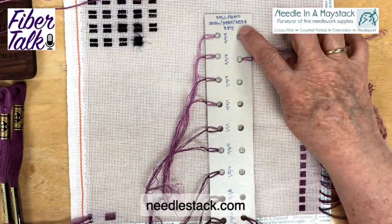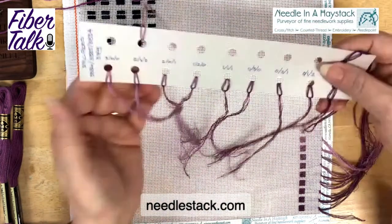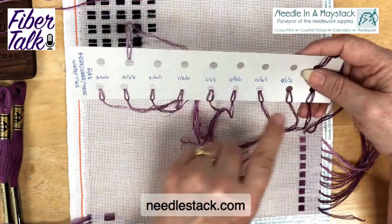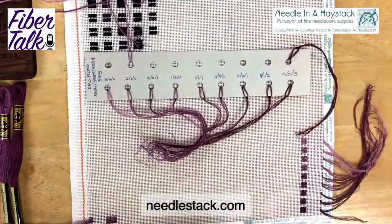So that's one of the reasons why I always write down what the thread is that I'm doing this with and how many strands, so that when I go back to this later, maybe I used most of them, but I still have 3 of them on here. I can go, oh, I kind of like that. I should put more back in there